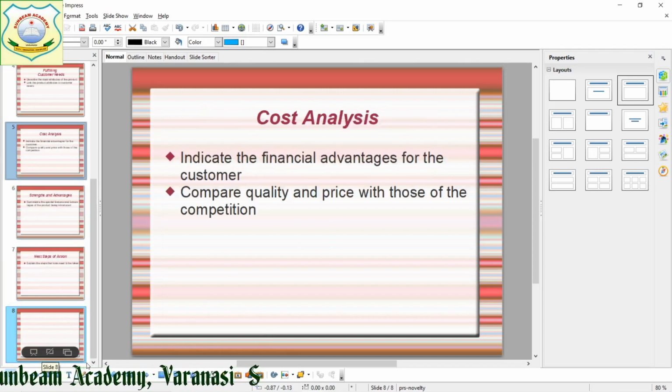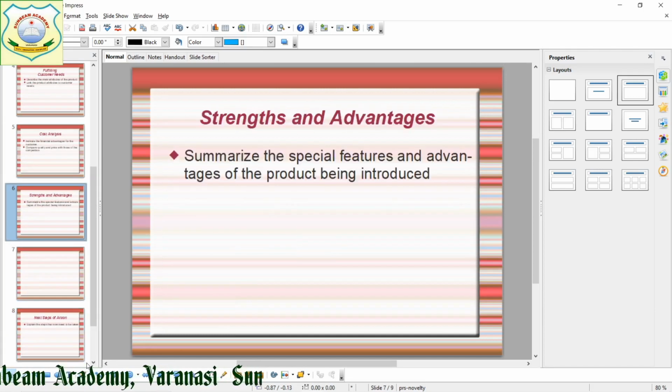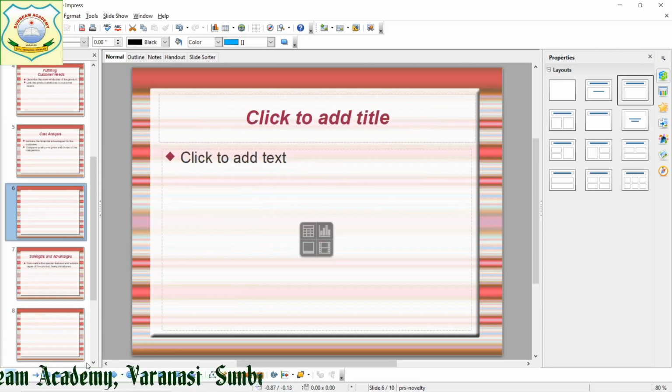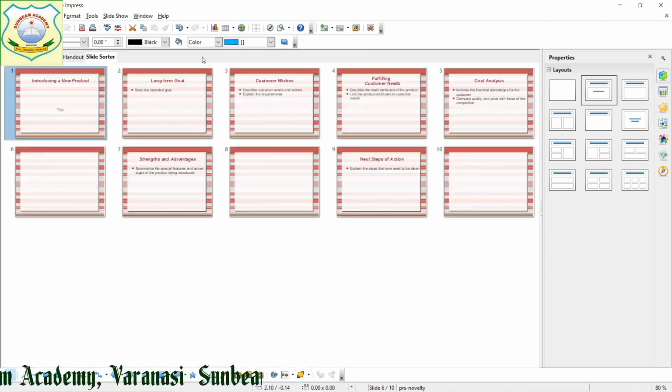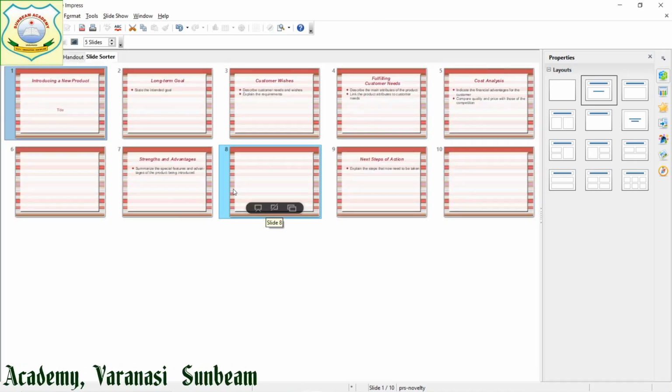I have taken a few more slides. Whatever I am going to write doesn't matter. Now in slide sorter view you can see 10 slides.